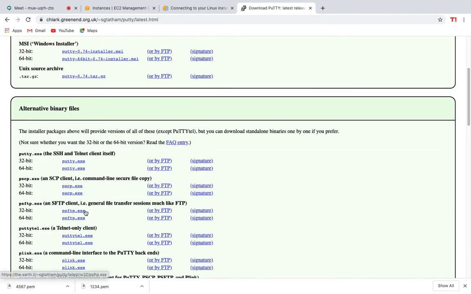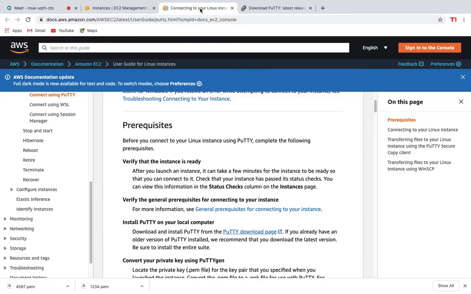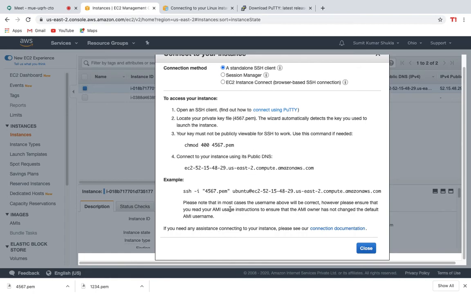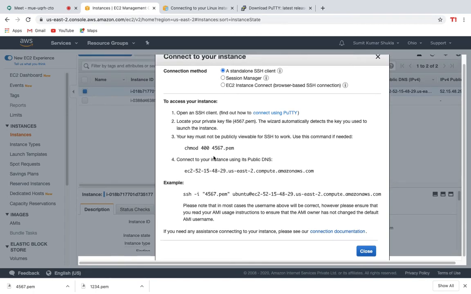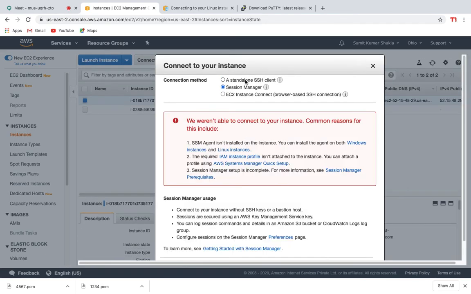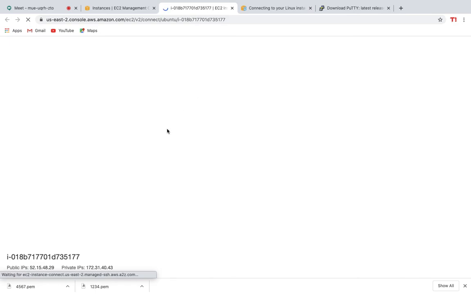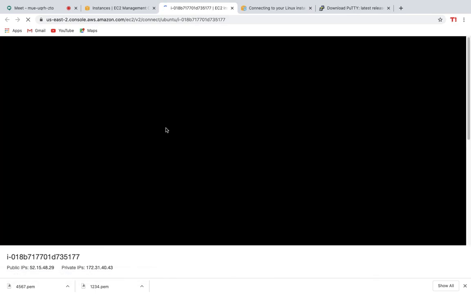You guys go and download it for 64-bit or whatever you have. Then you connect it with your key. You must not use a public connection. Connect to your public DNS. SSH standalone, session manager, EC2 instance. Let's see what it does.